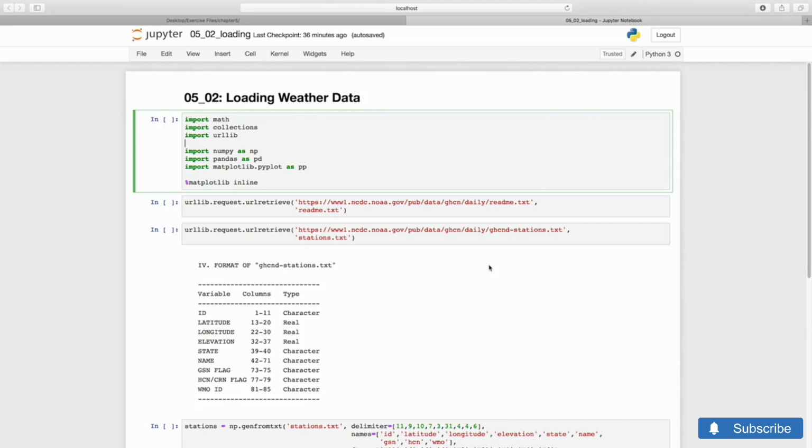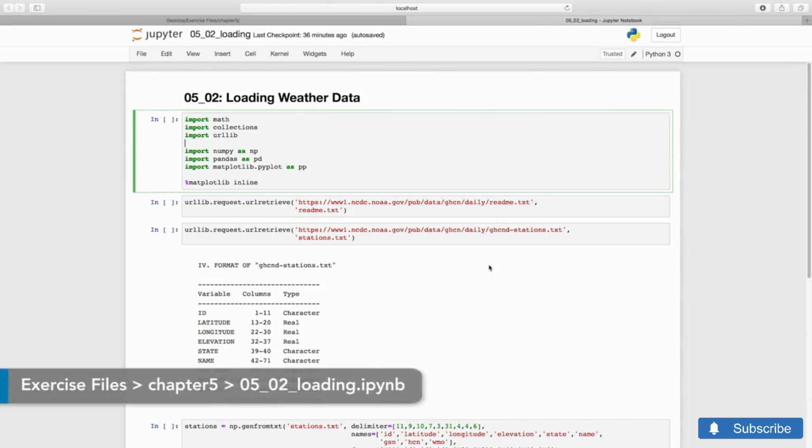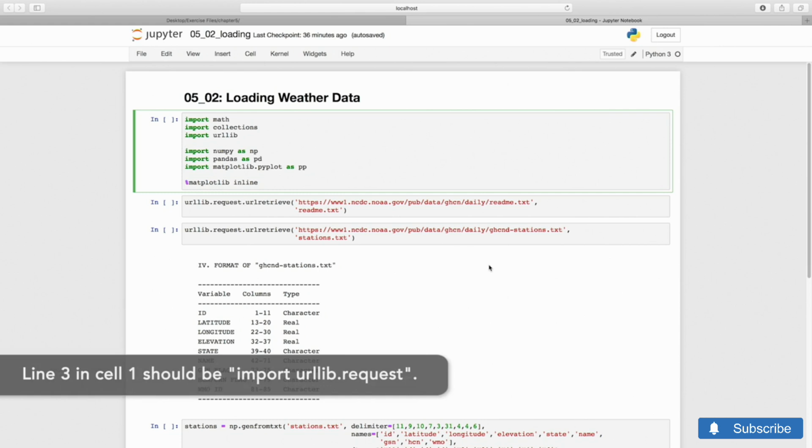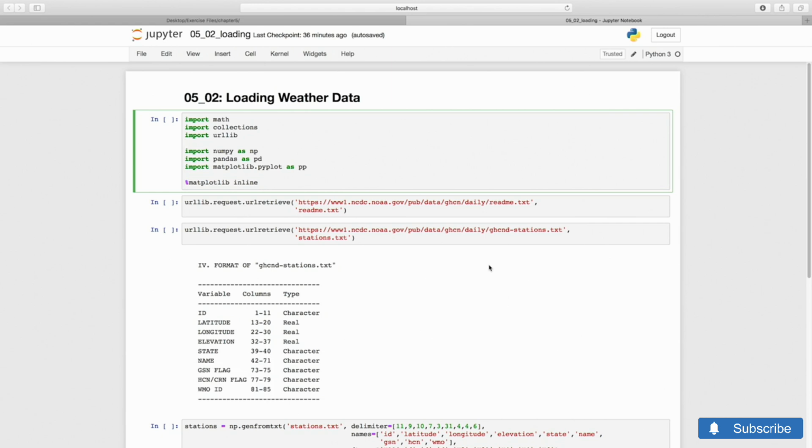In this chapter, we download several data files from the web. However, all the files that we analyze are also included in your exercise files, in case they become unavailable online or you are unable to download them for any other reason. And before we load the data itself, it's also a good idea to start by looking at its documentation. Browsing through the file listing at the NOAA website, we see a README file, and we start there.